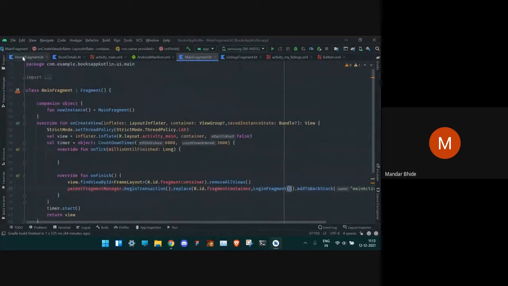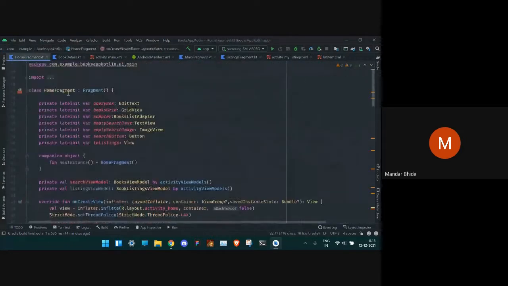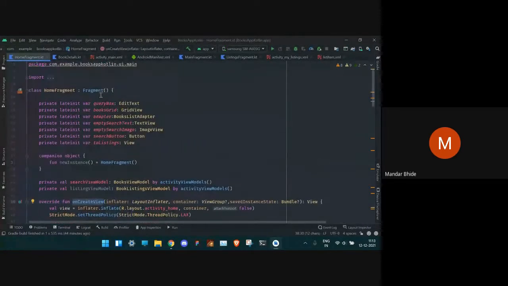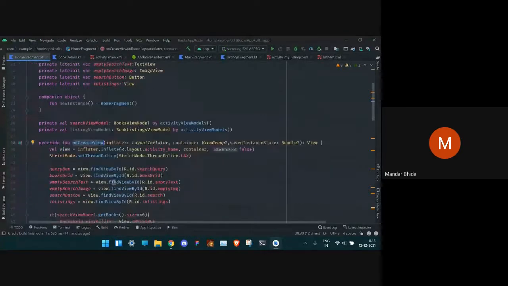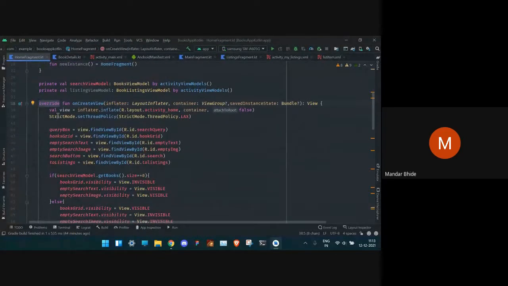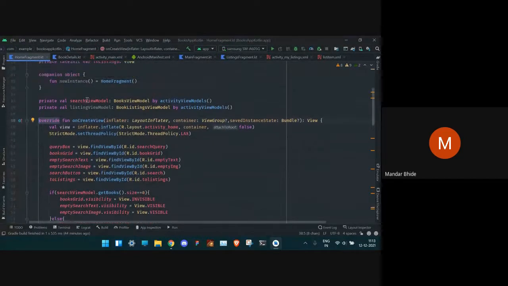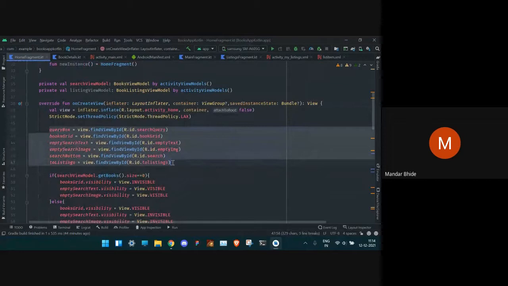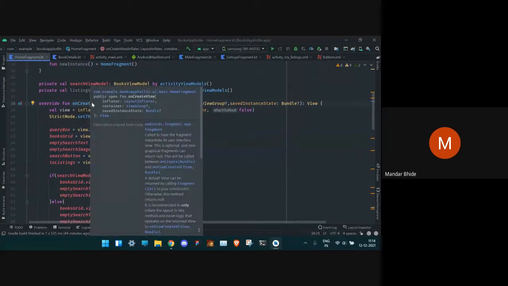Then there are more fragments like home screen. They all extend to a class fragment. We saw inheritance yesterday, right? So whatever methods there are in this fragment class, we can access them in this home fragment. For example, there is on create view method. It is defined in fragment class, but we have to redefine it using this override keyword for our own purpose. Like in that class, it gives out only a blank screen, but we have to show something on that screen, right? That's why we are overriding this method on create view.